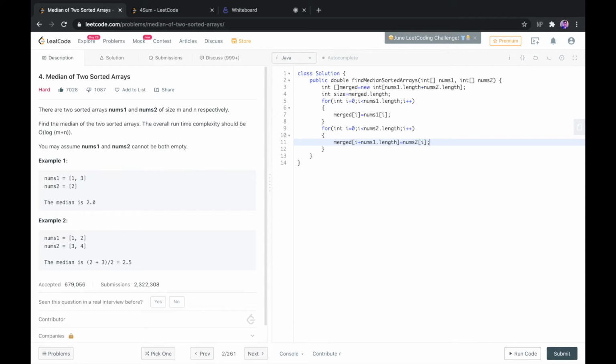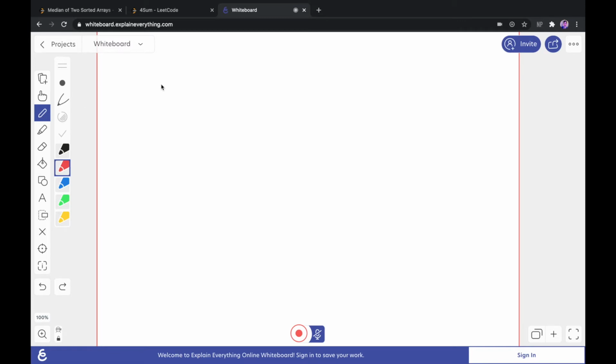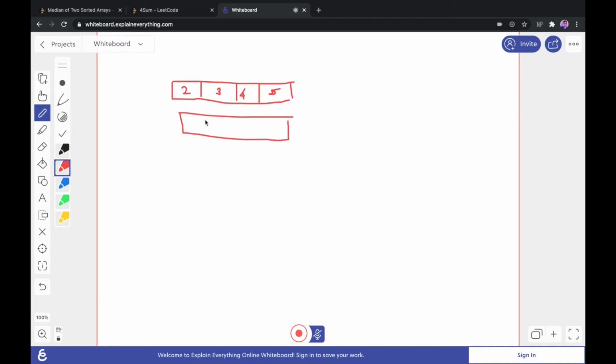So what we do for the nums2 array is, let's consider an example. So this is, for example, a nums1 array.